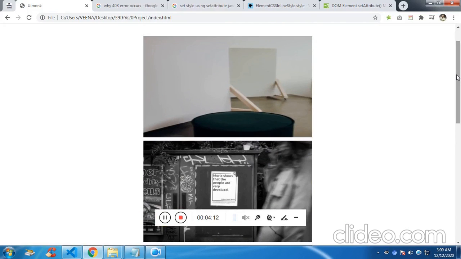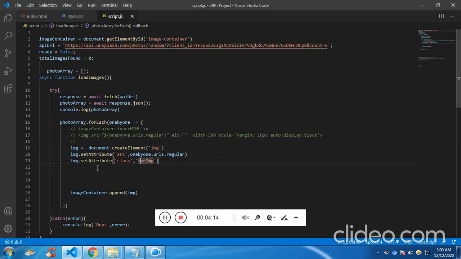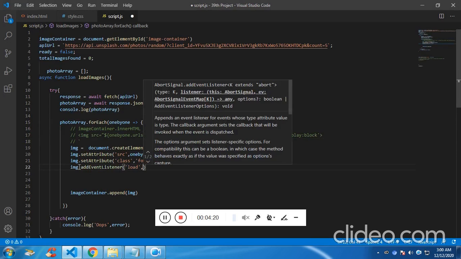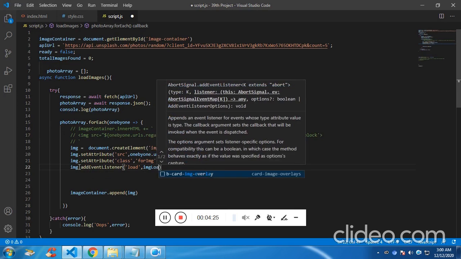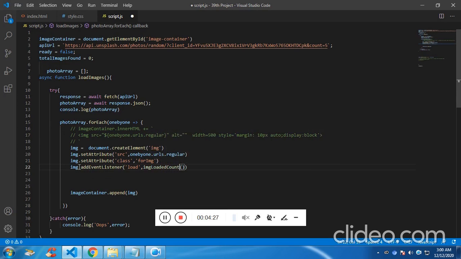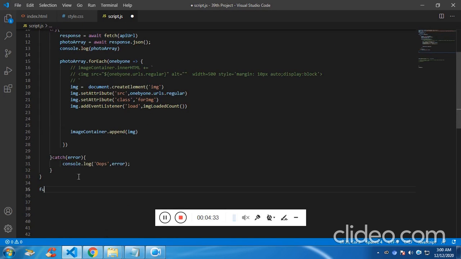Fine. Now we're going to add dot add event listener, which is going to be load, and the function is image loaded count. And let's define this function, and this function will simply